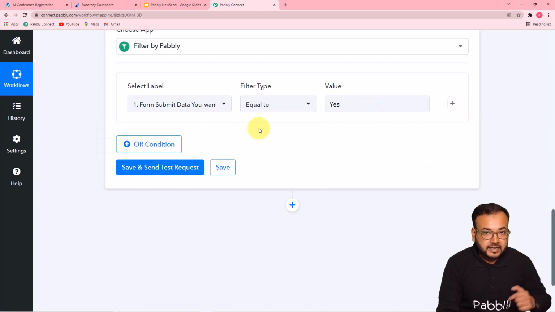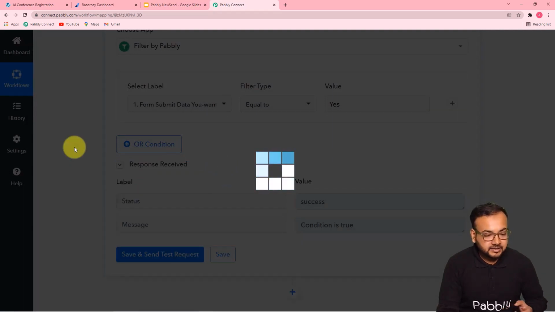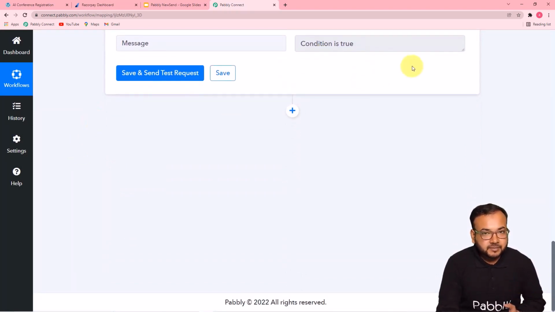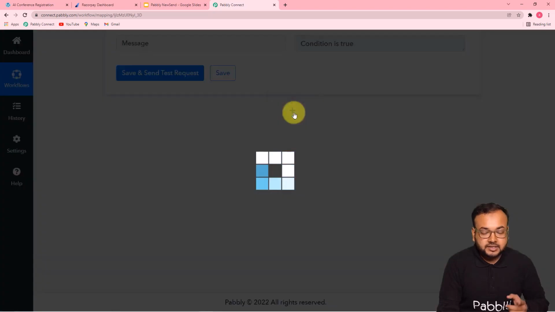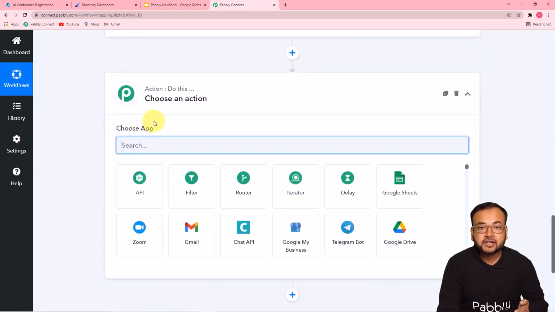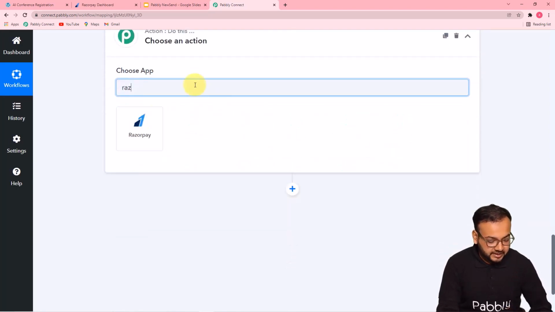So right now the option opted is yes. So let's check. I'm clicking on save and send test request, and this is how it will show you the response. The status is success and the condition is true for now. Okay. So if the condition matches true, we want to create a payment link via Razorpay. Okay. So to create a link, you just have to click here on this plus icon, and in this actions tab, you have to choose the action application now as Razorpay. Yeah. So search for Razorpay here,